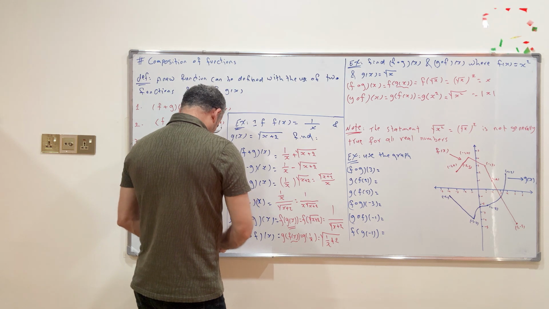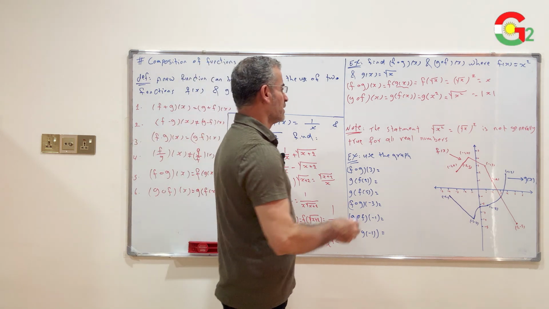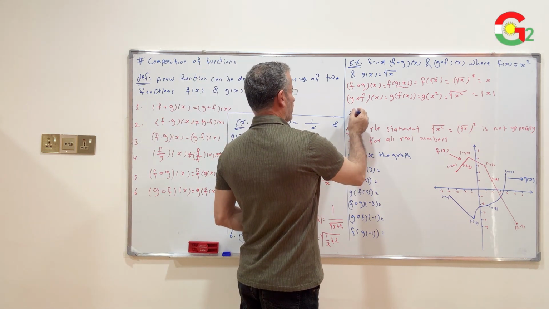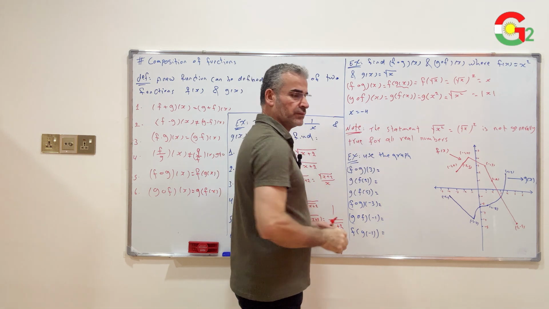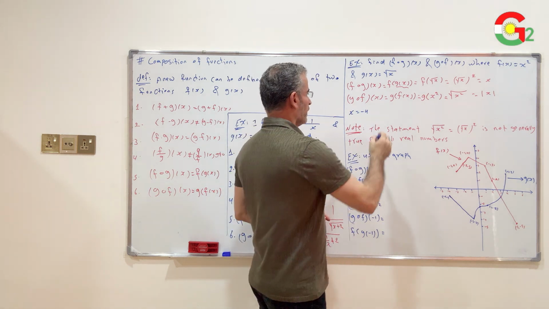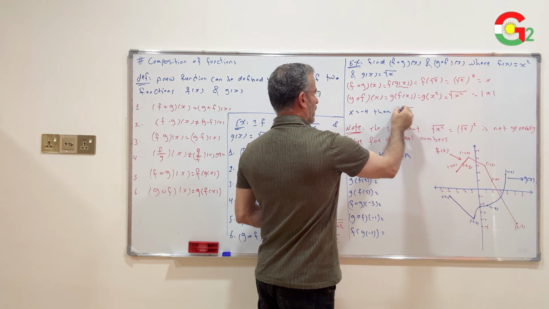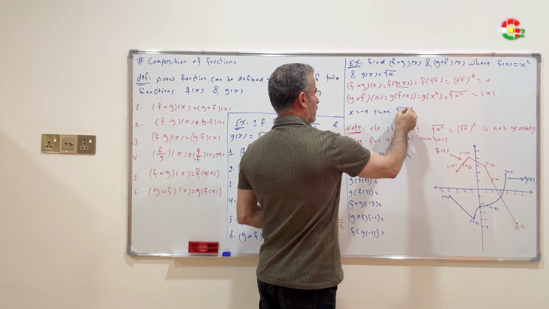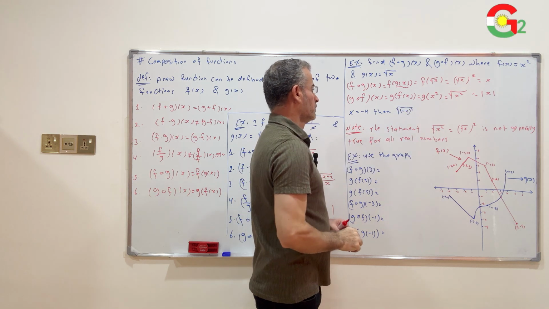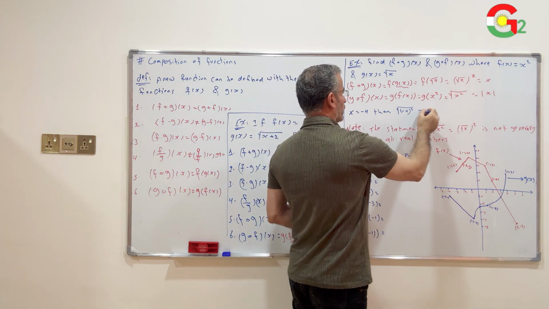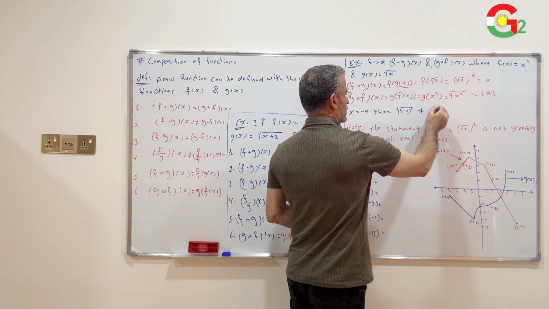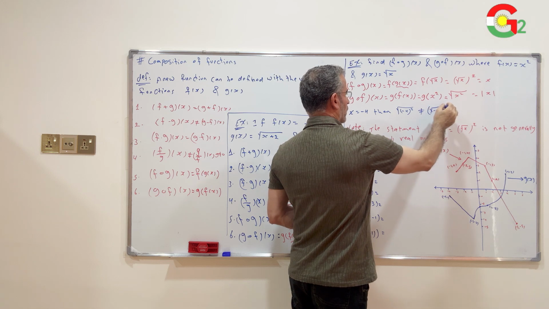For negative numbers it is not true, for positive numbers it is true. For example, if x equal negative 4, then square root negative 4 squared is not equal to square root negative 4 all squared,